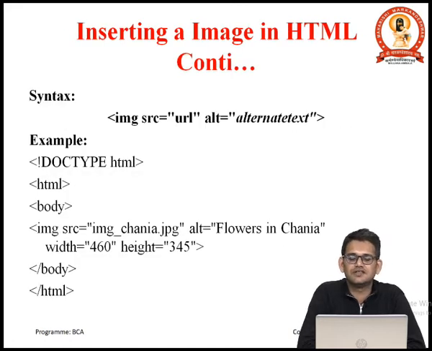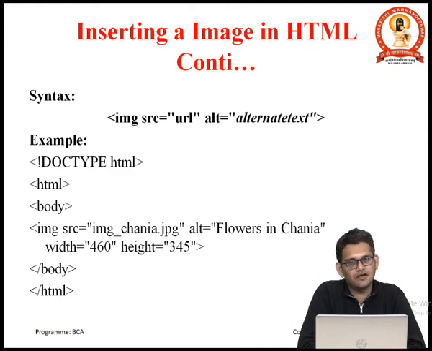Now let's see the syntax of the IMG tag, how the tag is declared. You can see on your screen that the image tag starts with the word IMG, and it has two attributes. The first one is SRC. You can see here that SRC has the URL. So we need to provide the path of the image here. Like, suppose we have an image of a flower and the name of that file is flower.jpg.